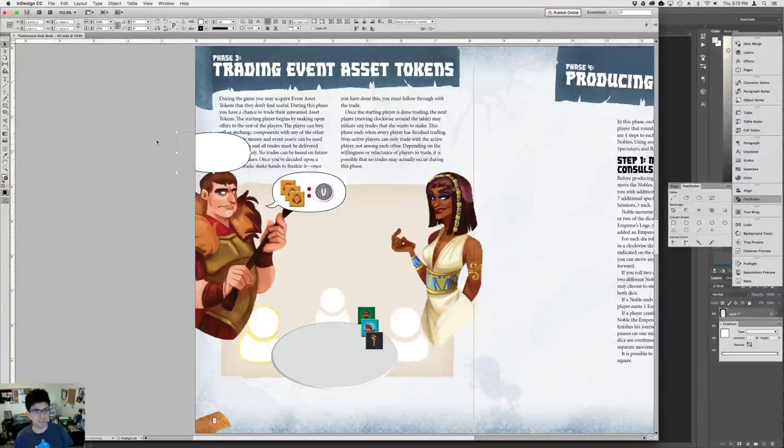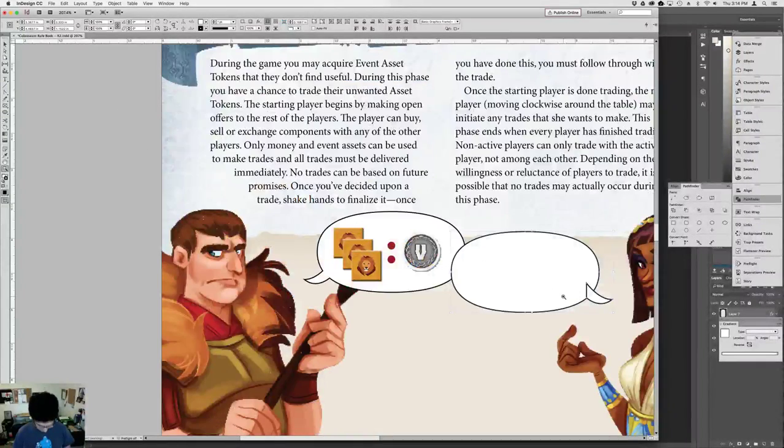Now we got to figure out what Cleo's response is to this offer. Now, let's just say that, for example, I am going to move this over here, and this is going to be her response. So let's just say that she's driving a hard bargain. She's going to say, no, this is not good. Let's say that she's going to say, instead,